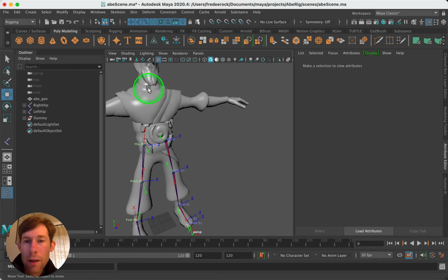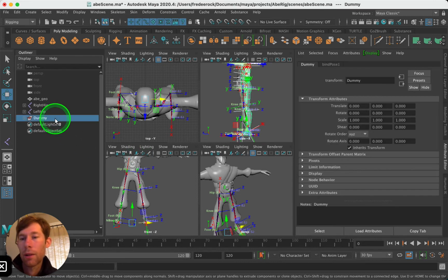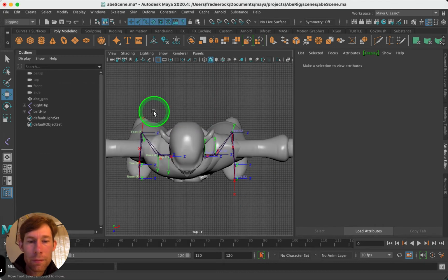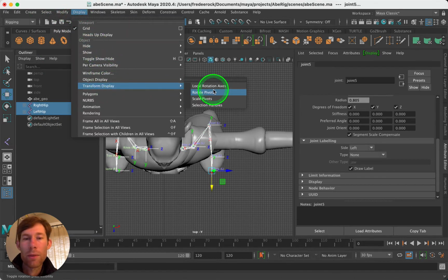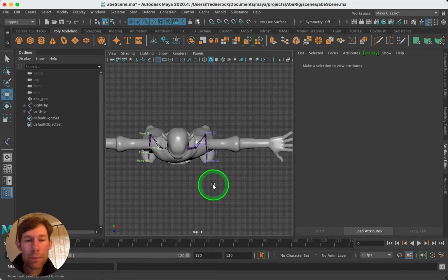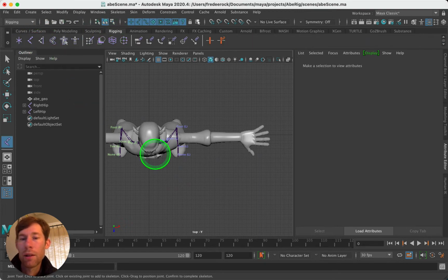So let's start with his left side again. Again, go to single orthographic view. Get rid of my dummy guy over there. In this case, we'll want to go to the top view. You can also select both of these, select hierarchy, display, transform display, and take off the LRAs, so you have a little bit clearer view. And for the arms, what we're going to do is over here under rigging, use a joint tool,